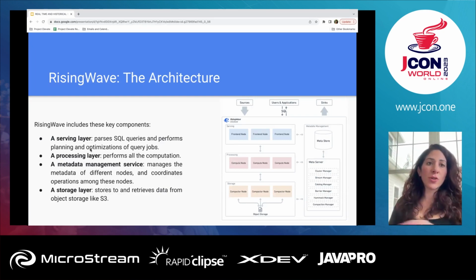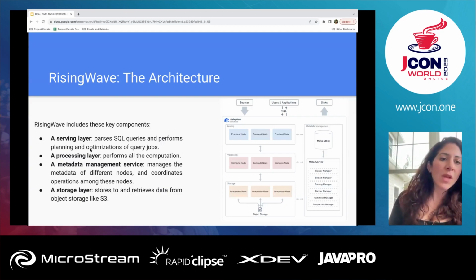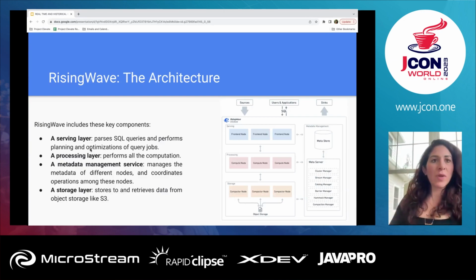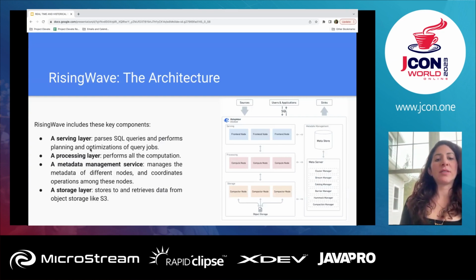which performs all your computation. That's some of the stuff that I was mentioning before, any of your analysis or queries or any kind of transformations you want to do on the data. And then there's a metadata management service, a service that manages the metadata of different nodes and coordinates operations amongst